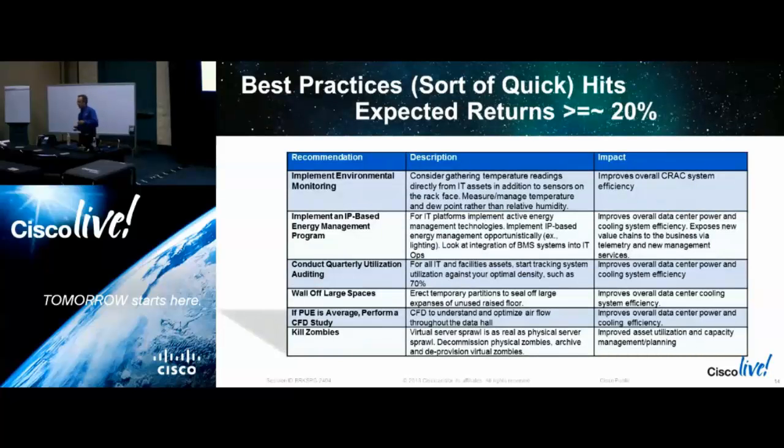Second quick hit, okay? This one is a little more value, but it takes a little more work. Two main vectors on this slide. The first is IP energy management. Kick the tires on that. Look around in your shop. What do you have that's generating or is capable of being managed by something that manages energy as an IP endpoint? Second, you already have the tool in your shop with Cisco EnergyWise. It's part of the OS. Now, I'm not going to get deep into EnergyWise. We're going to touch on it a bunch of places in this deck.